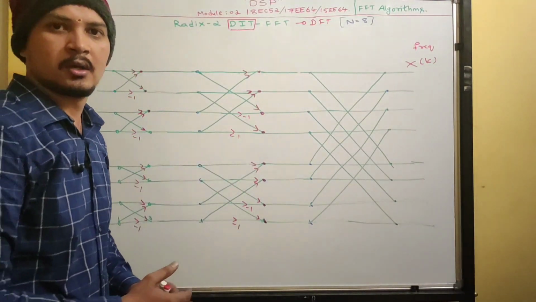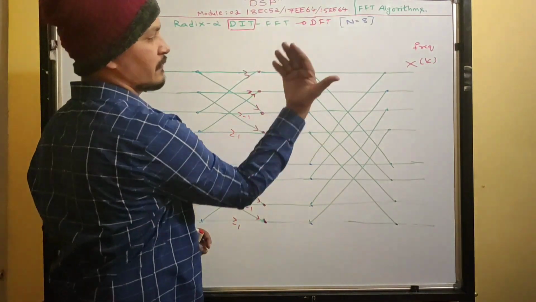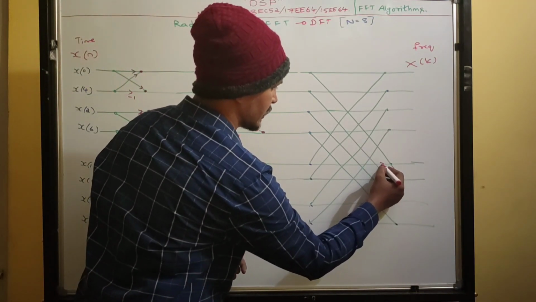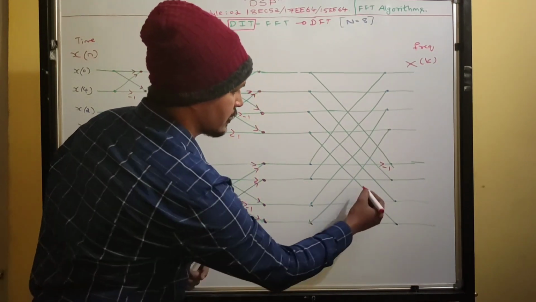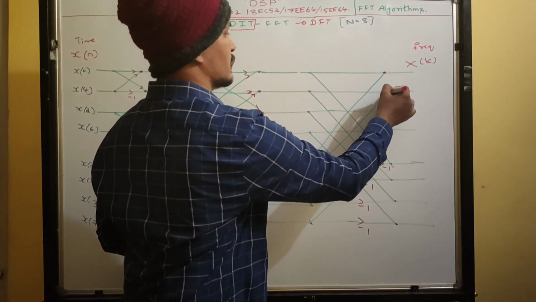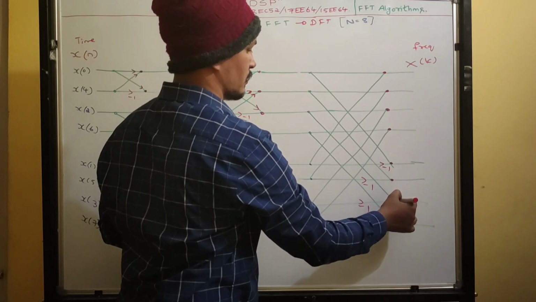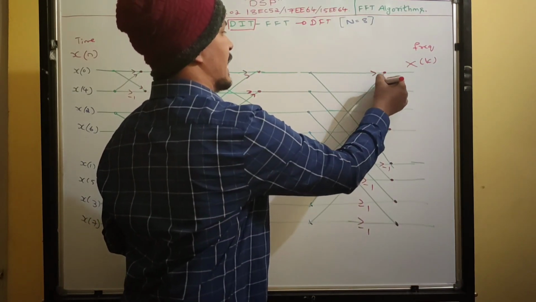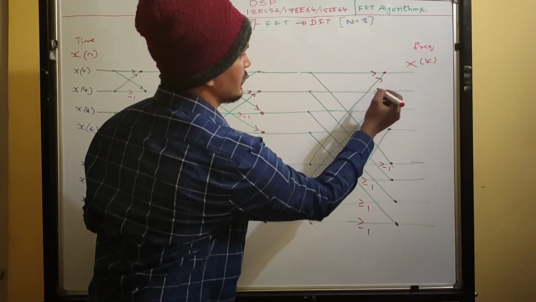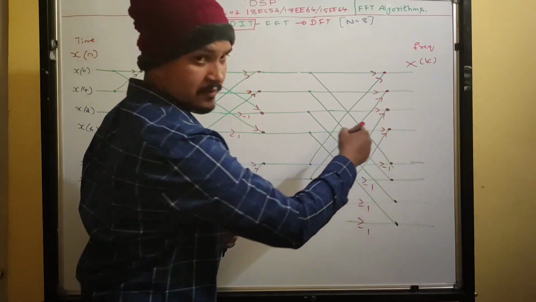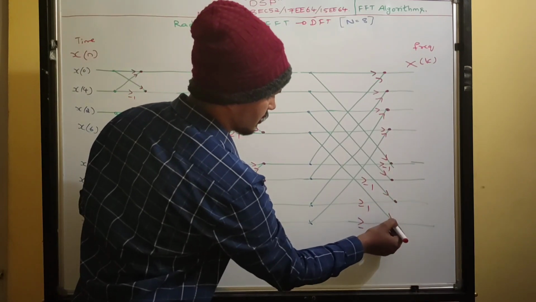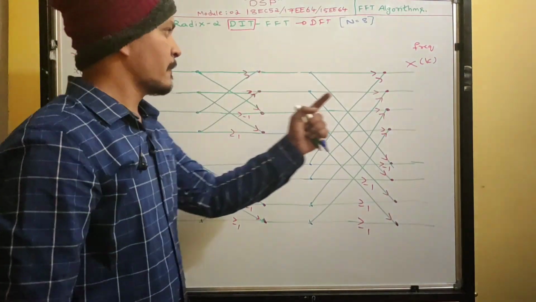Totally how much? 8. Divide 50%. So top 4 you leave empty, other 4 you write -1. This is a line. In that line you can write -1 either here or here. So -1, -1, -1. Next, for all these dots, you write arrow marks entering to that dot. Entering that dot, entering this dot. Write the arrow marks in such a way. This is already entering. This is also entering, and this is also entering. Got it.